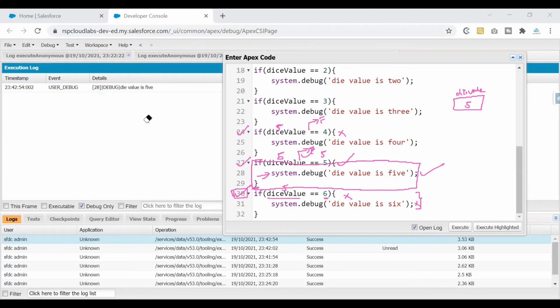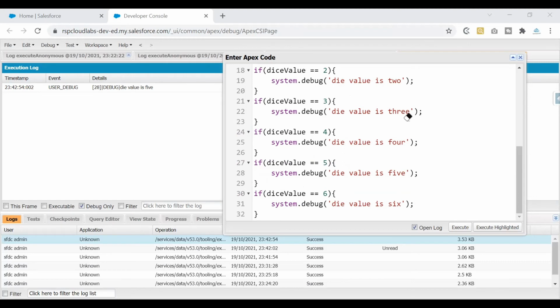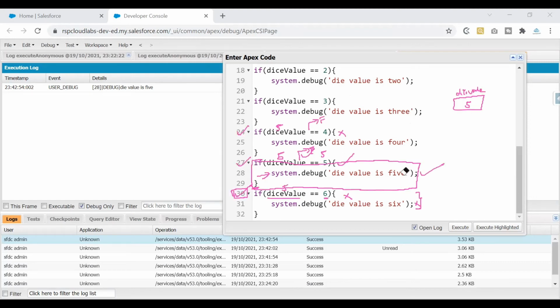Now, why are we discussing line number 31, or why are we talking about line number 30? If you see here, our requirement is pretty much done on line number 28. If our requirement is already done, what is the point of asking the system to execute line number 30, or at least to check the condition? So now what is happening here is we are asking the system to execute something that is not necessary.